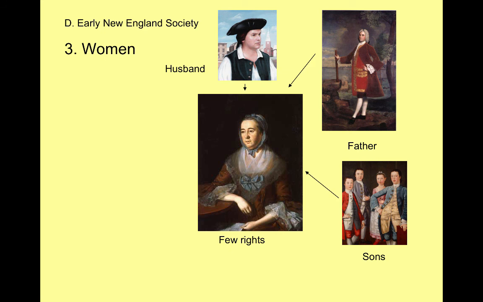So throughout her whole life, a woman is controlled by a man. When she's young, she's controlled by her father. When she's married, she's controlled by her husband. If she outlives her husband, then she might be controlled by her sons, who will inherit the family farm or will inherit the business. And so we see that since there are enough women in the North, equal number of men to women, they stay a very patriarchal society, and there is really no change over time as far as gender roles in New England.